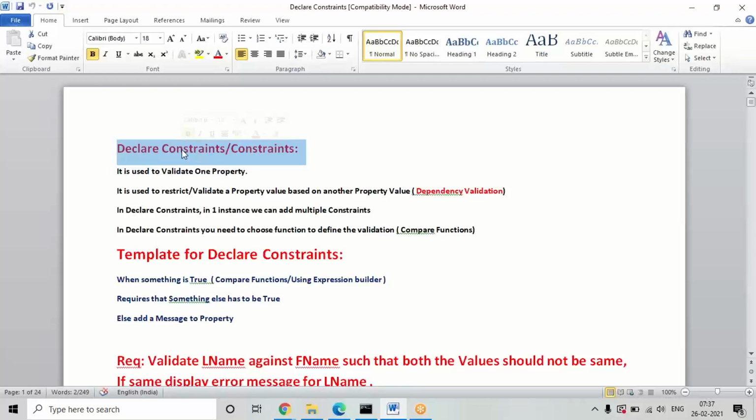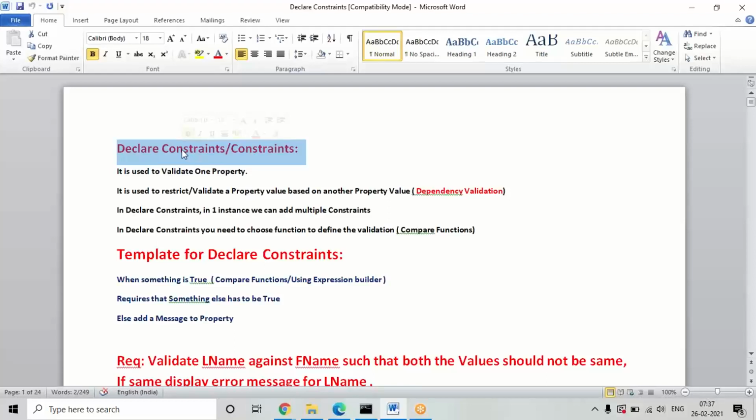We will call it some type of dependency validation. What is dependency? I'll give an easy example. When you are signing up for a Gmail account, you have fields like first name and last name, right? In first name and last name, if the same input is given, it will not allow. Not only this one, in any web application with fields like first name and last name, if you try to give the same value, it will not allow the same input.